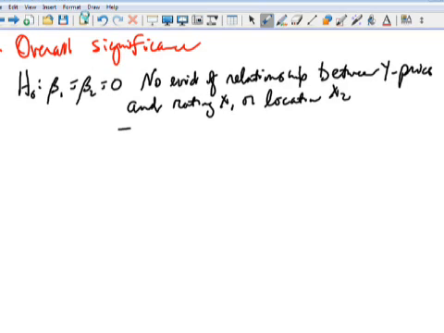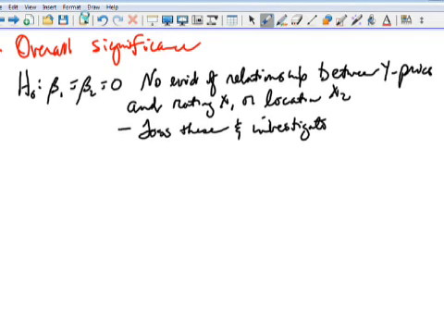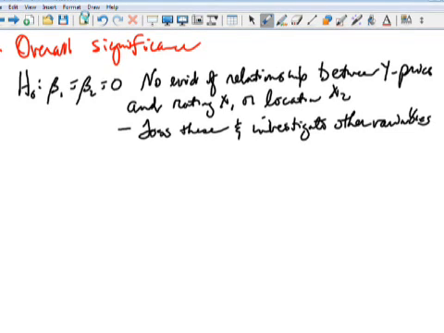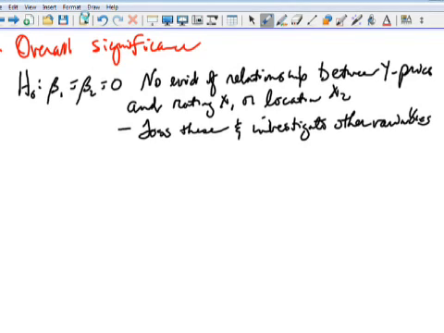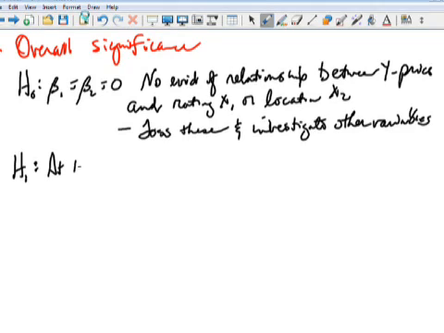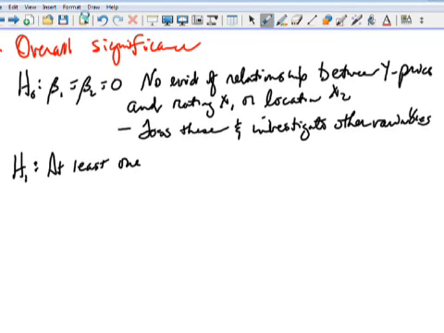If that is the case, we'll toss these and investigate other variables. Our alternative is that at least one of these slopes does not equal 0. In other words, there is evidence of a relationship